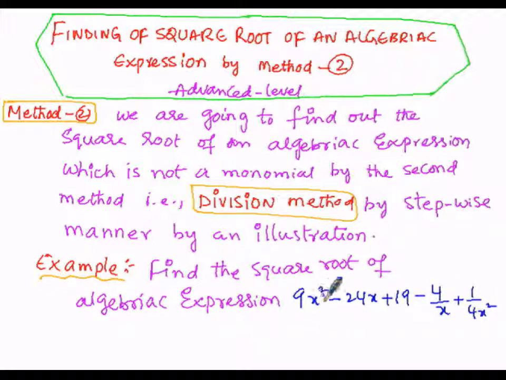9x square is the first term, the second term is 24x with negative sign, the third term is 19 with positive, the fourth term is 4 by x with negative sign, and the last term, that is the fifth term, is 1 by 4x square with positive. So we have to find out the square root of this particular algebraic expression. Solution starts now. So here in this particular solution, as per the problem,